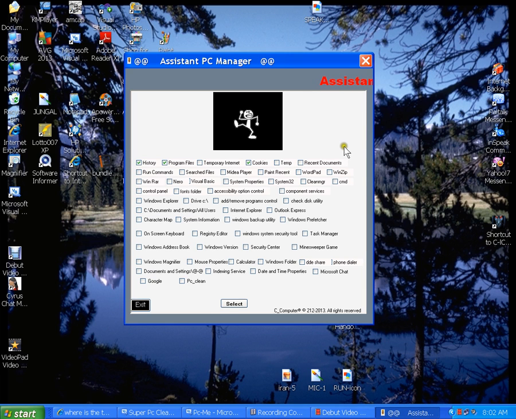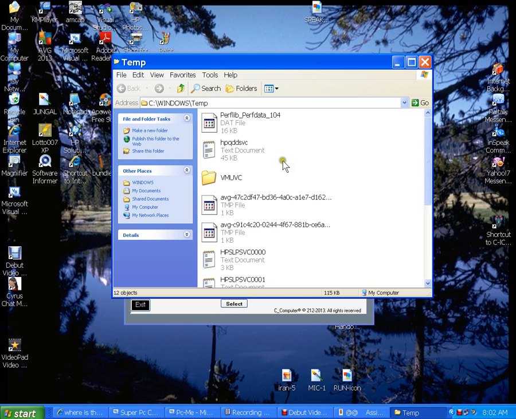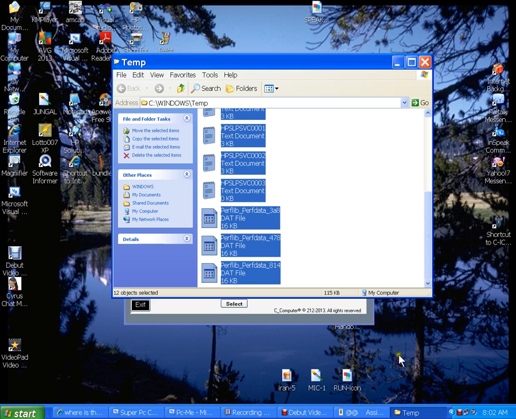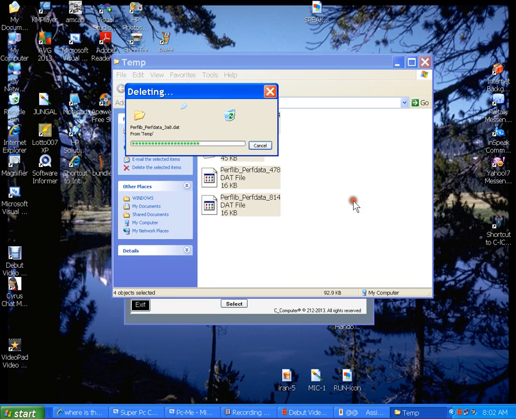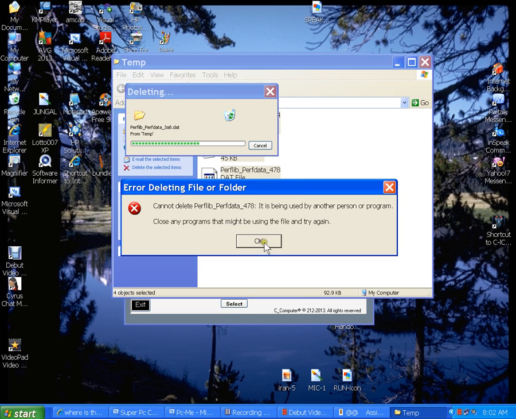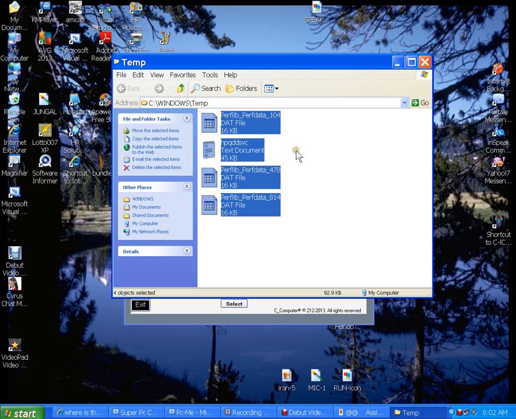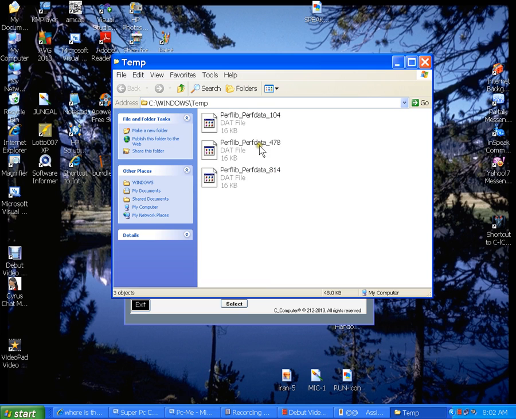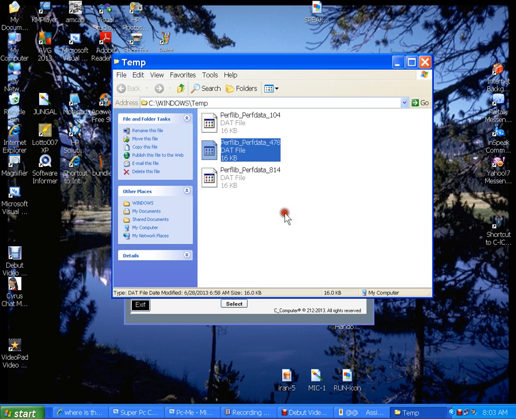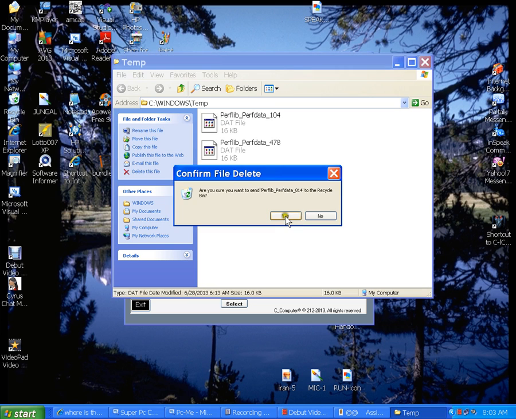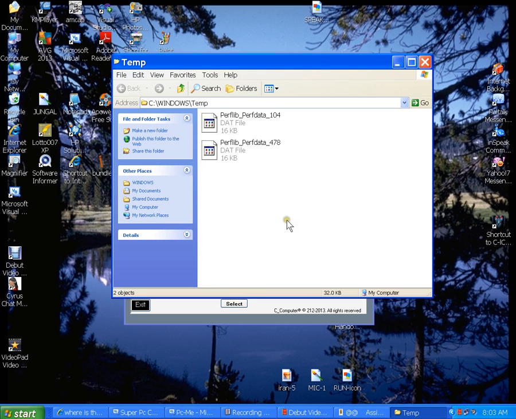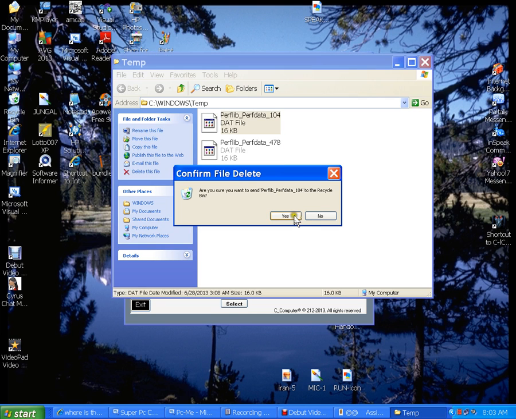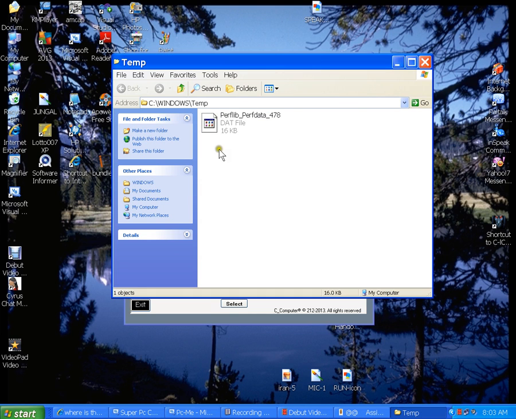So and temporary file or temp file under your C, and all of these are garbage, and information of course from the internet goes to C, Windows, and we can delete it except one file, and it will give you a message, and already I know which one it is, and we delete, and must be maybe 748. If not, maybe the other one. Yeah, that's the one we cannot delete. And I'll get the error message. Here we go. And we delete the first one, of course the first one,